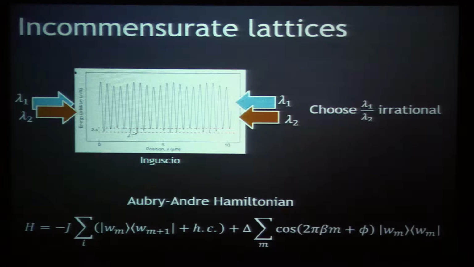There's a lot that's been written about this, and I'll talk more about it tomorrow. In fact, there was confusion even about early results that were not localization, when people thought it was localization. I'm not going to go into a lot of that, but I'll mention it tomorrow. There is a localization transition here at delta equals 2j, but it's complicated.